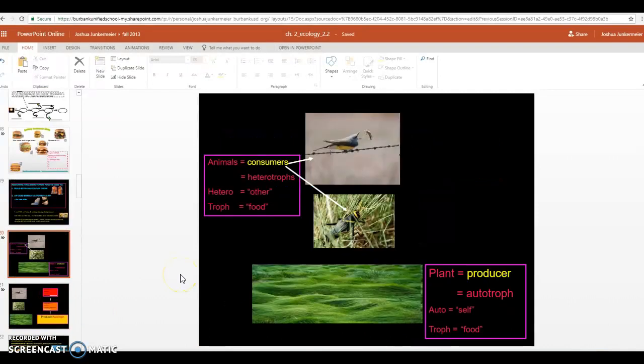All right, ladies and gentlemen, we have slide 19 here. Slide 19 introduces some new vocabulary to describe the animals in a food chain. We call plants producers or autotrophs because plants automatically feed themselves. Troph means food, auto means self, so plants feed themselves. This is going to be our high school level vocabulary word. The word I'd like us to use when describing plants is autotroph.